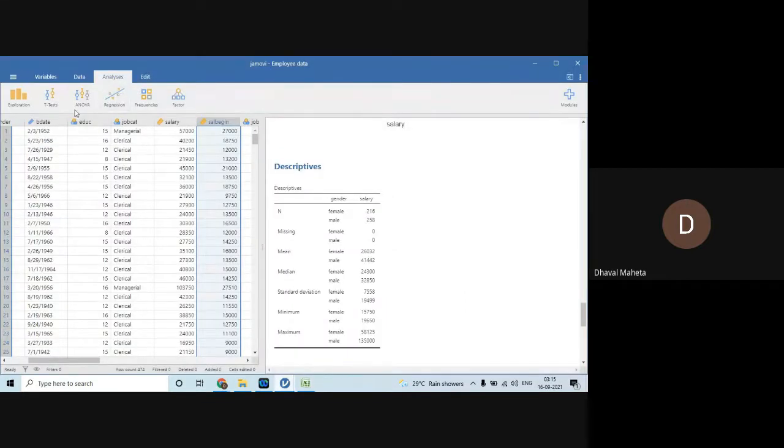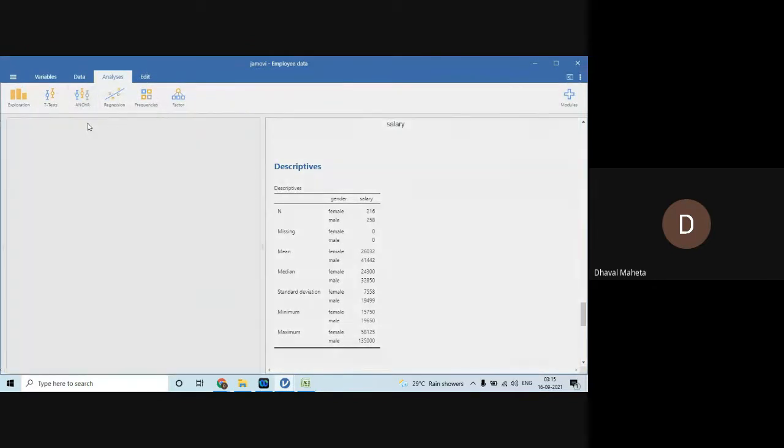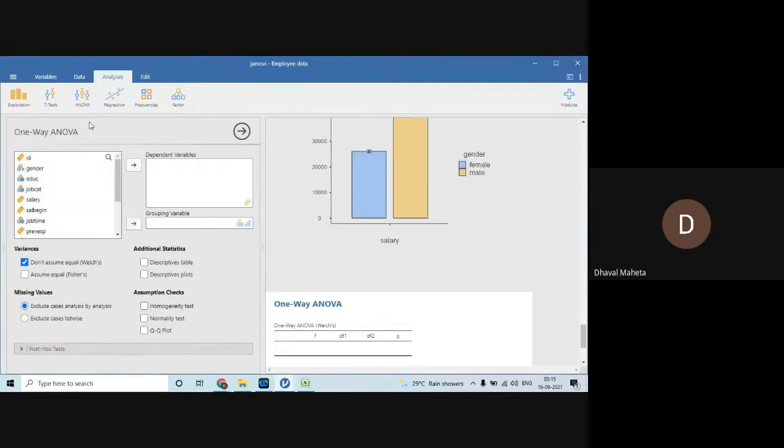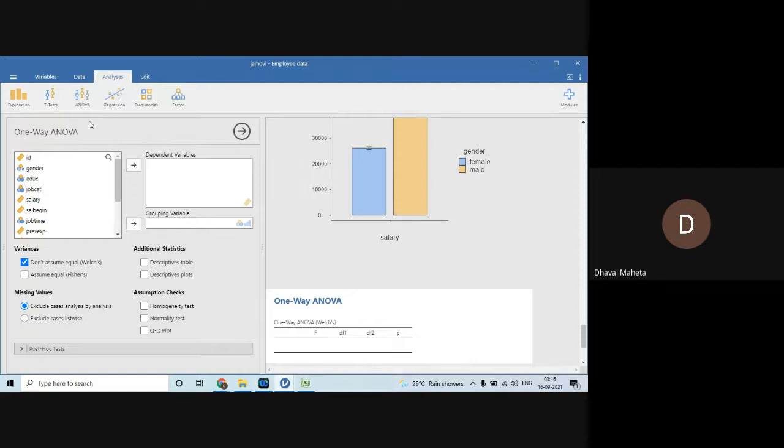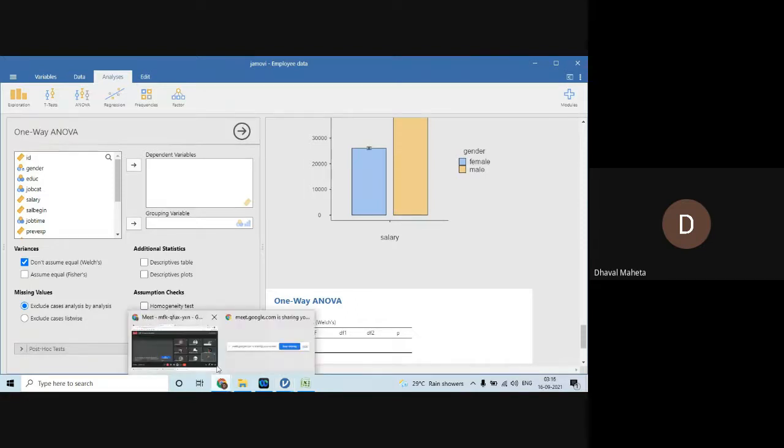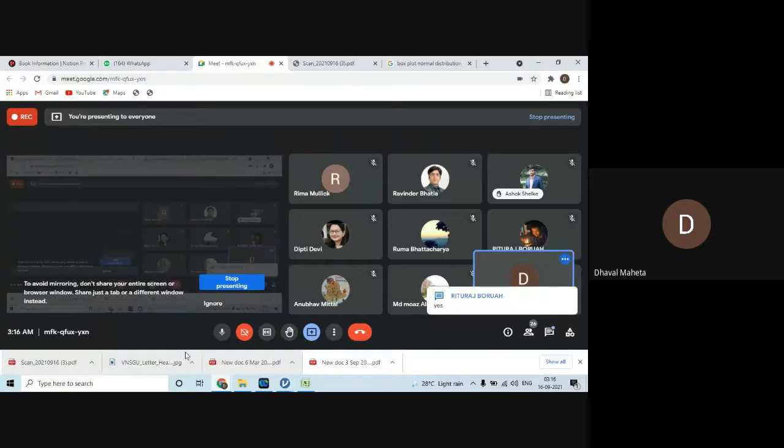So where will I go from here? I will go to ANOVA, one-way ANOVA. Get ready, all of you. Are you ready? Just say yes or no. Yes, Rituraj Bora is ready.